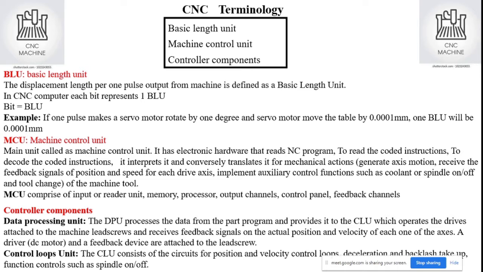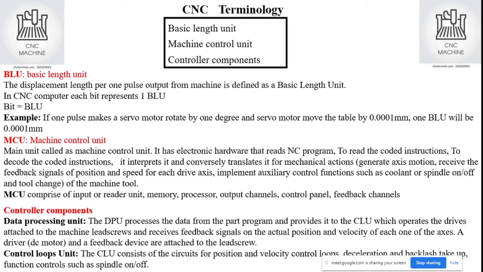Declaration, the backlash take up. If you rotate the hand wheel on a lathe, it may have some loose end because of wear and tear. Likewise, the electronic data also has some backlash. With that backlash mechanism, there is data loss, so the feedback should be collected from the mechanical system. Because of wear and tear, a lot of the positions and velocity required to operate the machine will be lost. This can be measured with the control loops unit.